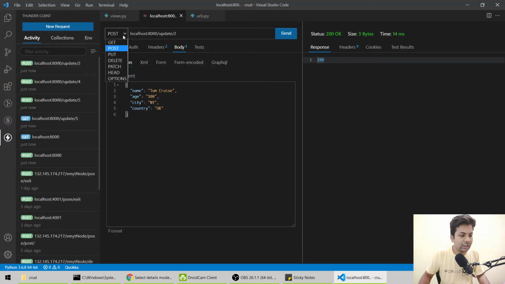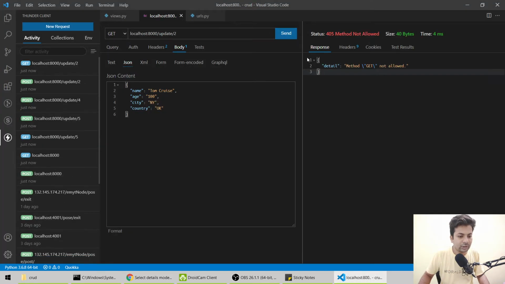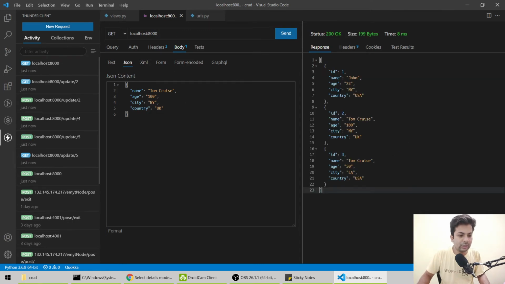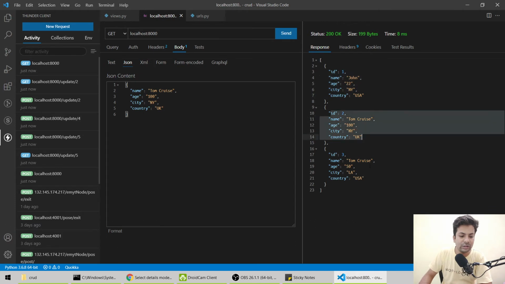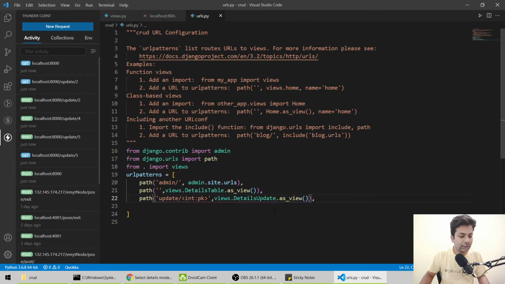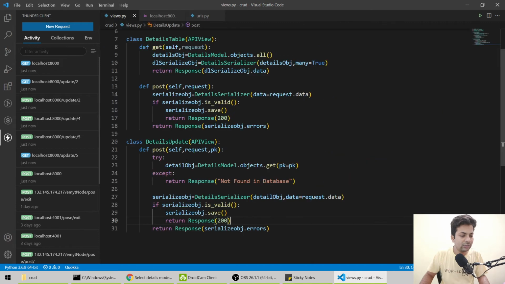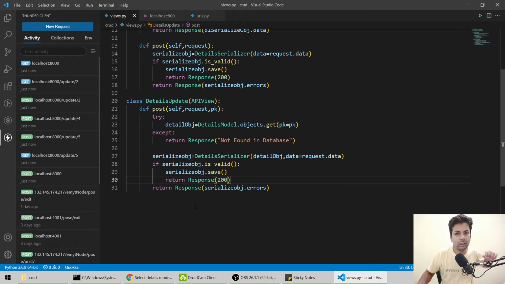So now we get request. Sorry, get is on the base URL. Yeah, so these are the IDs I have changed. So this is the update part. So now we want to delete the employee. For deleting also the same thing will go on. Firstly we'll create a delete API, because in this we can't make another post, or you can make a delete, but I'll prefer post. So we can't make another function as post.